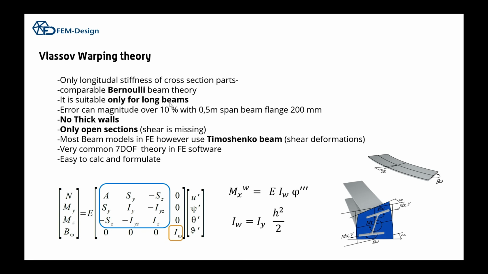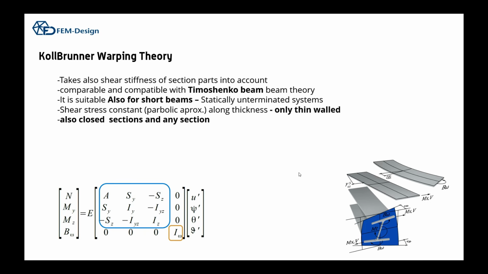But it's easy to calculate, as you see, with the bending theory, and easy to formulate. So that's the benefit. Basically, it just means that the warping is only explained by the bending of flanges or bending of beam fibers. Then we have Kolbrunner, which is a more complete theory, and this is the basis of the theory